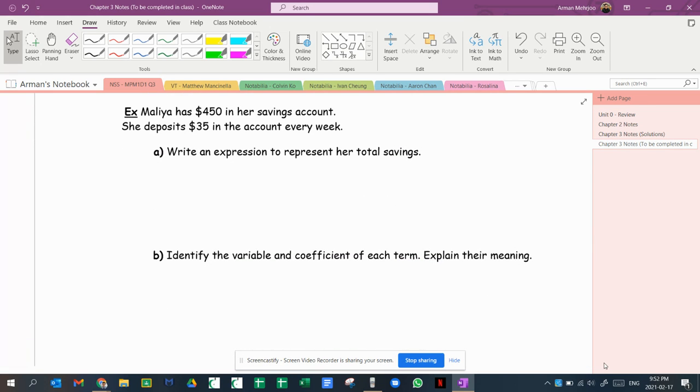All right, so Malia has $450 in her savings account. She deposits $35 into the account every week. Write an expression to represent her total savings. So this example is,